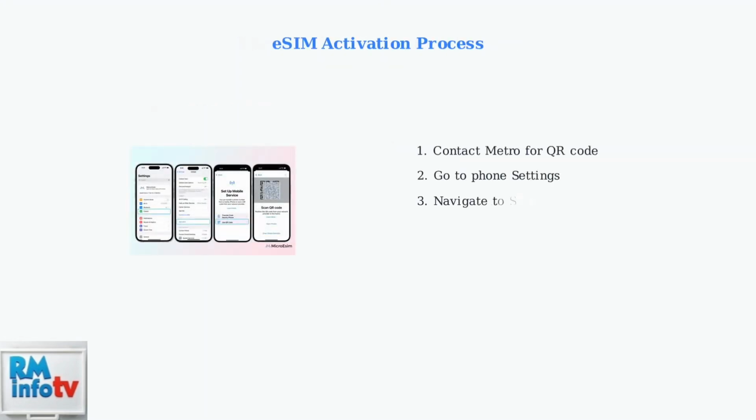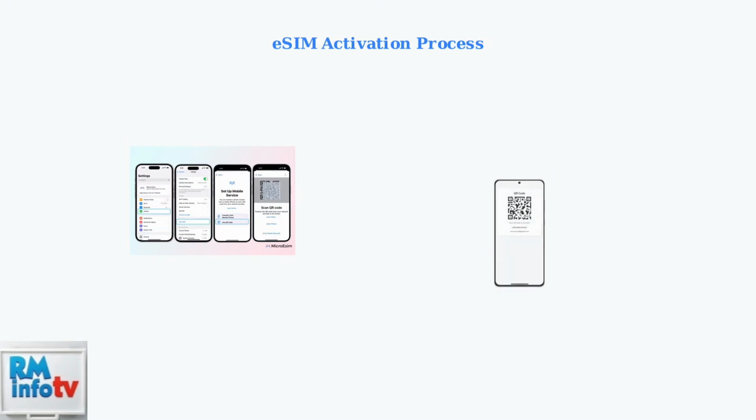For eSIM activation, contact Metro to get a QR code or activation code. Then go to your phone's settings to add and activate the eSIM. Metro will provide you with a QR code that you can scan directly with your phone's camera to complete the eSIM activation process. Both physical SIM and eSIM activation methods are straightforward and will get your Metro by T-Mobile service